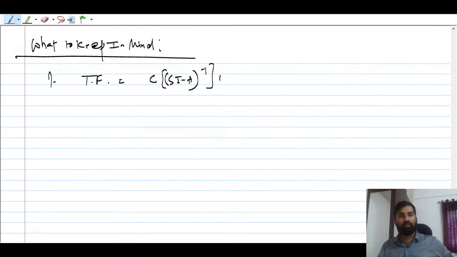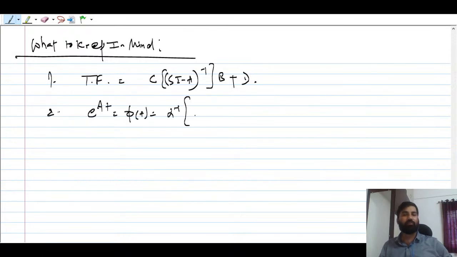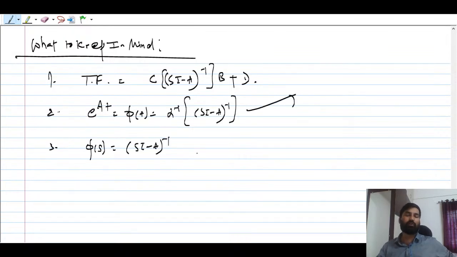C (SI माइनस A) होल इनवर्स टाइम्स B, ओके, प्लस D, ये पहला। सेकंड वन इज स्टेट ट्रांजिशन मैट्रिक्स, ये क्या होता है, विच इज L इनवर्स ऑफ SI माइनस A होल इनवर्स। और आपको थर्ड फाई एस भी याद रखना है। फाई एस इज नथिंग बट SI माइनस A होल इनवर्स। इनकी प्रॉपर्टी याद रखना है, जो भी प्रॉपर्टीज आपको पता है। समटाइम्स आप डायरेक्टली वेरीफाई भी कर सकते हैं, आपको निकालना नहीं पड़ेगा। टाइम में मेनली गेट एग्जाम में यू हैव टू वेरीफाई विद द प्रॉपर्टी,